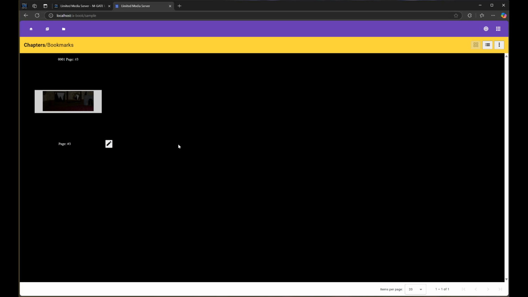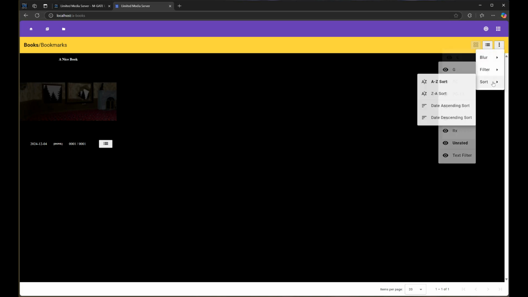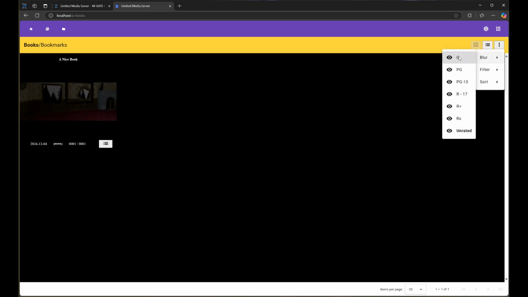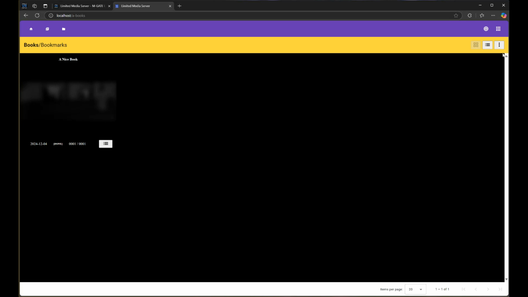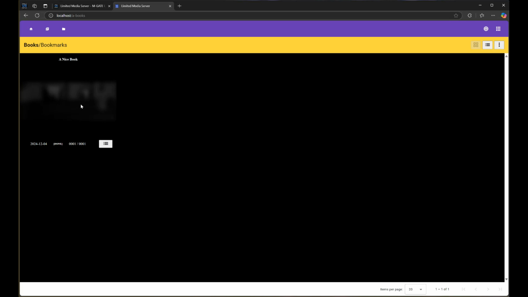So that's the basis of the book management system. It will keep track of what chapters you have read. If the book has multiple chapters, it'll keep the individual progress of each chapter that you were reading. If you are at the end of one chapter, it'll go to the next chapter. There's features over here to let you sort, filter, blur. Like this book, I think was unrated possibly. So I go into blur G. Now if my blur rating is set to G, any content above G will be blurred, so it makes it harder to see. That's the basic idea